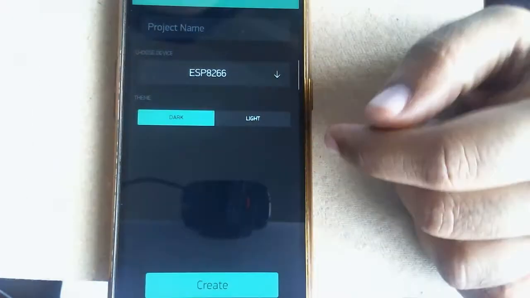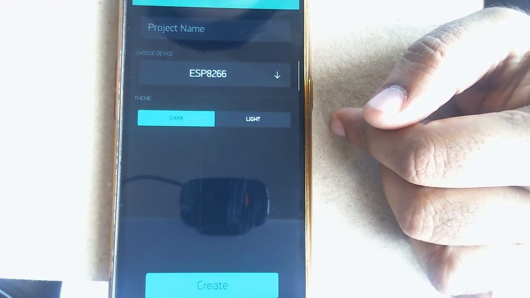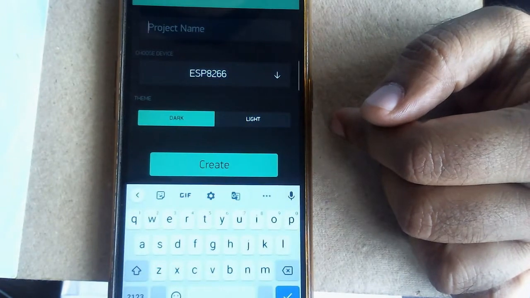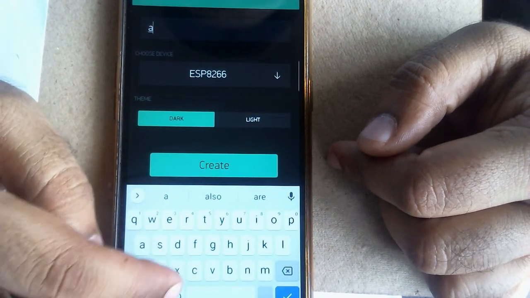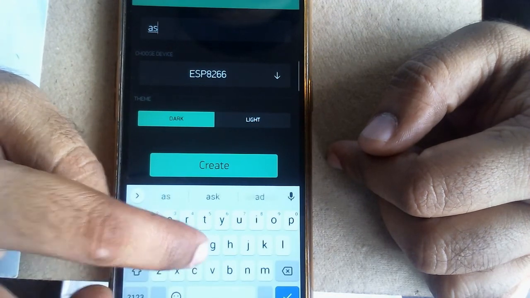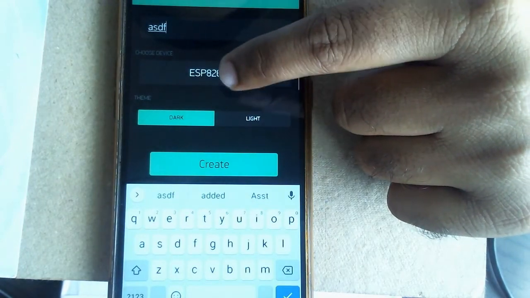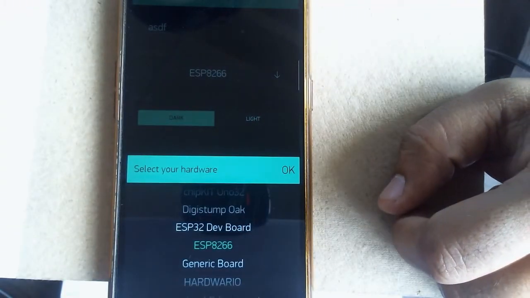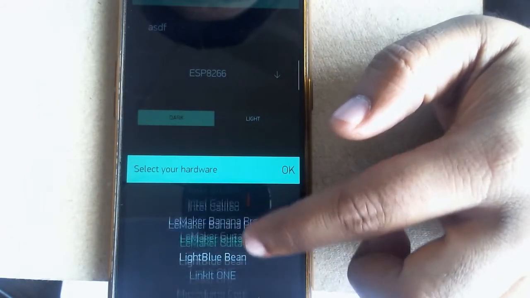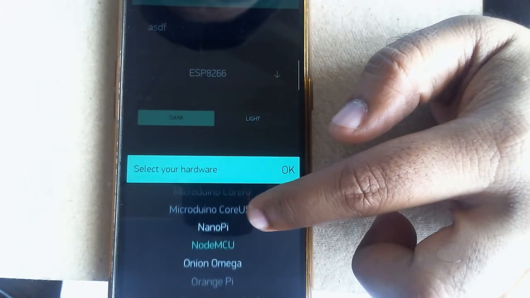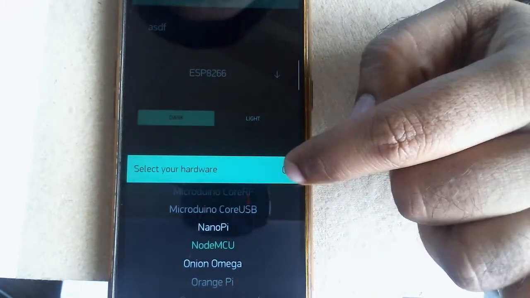It will ask you to provide a name for the project. Suppose I provide the name ASDF, and I need to select what kind of board I am using to upload my data. I am using Node MCU, so I'll search for the Node MCU option and click OK.